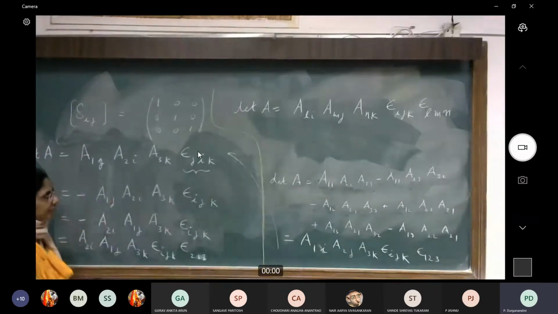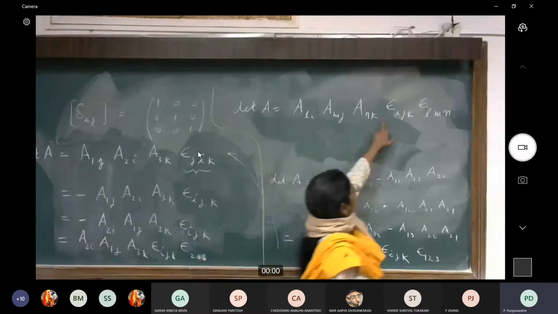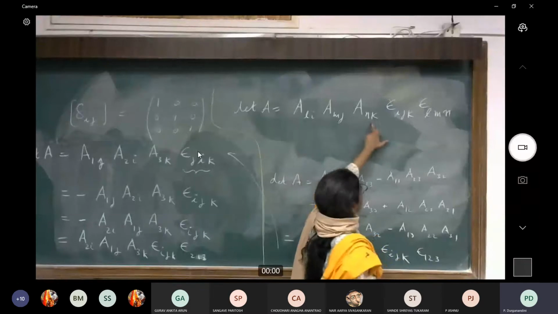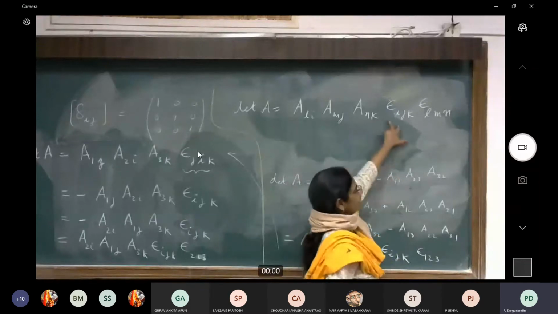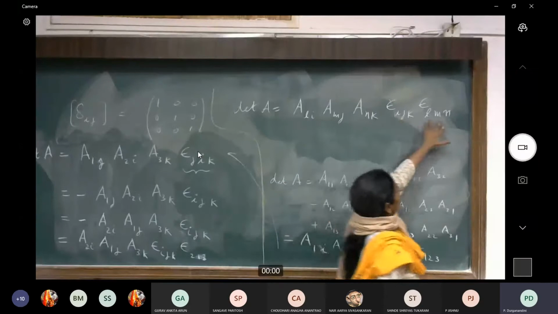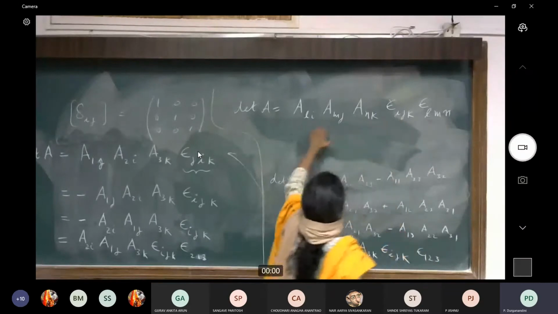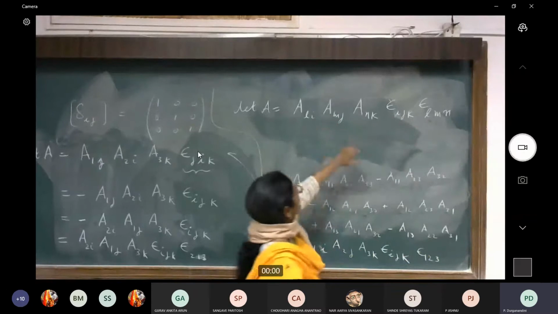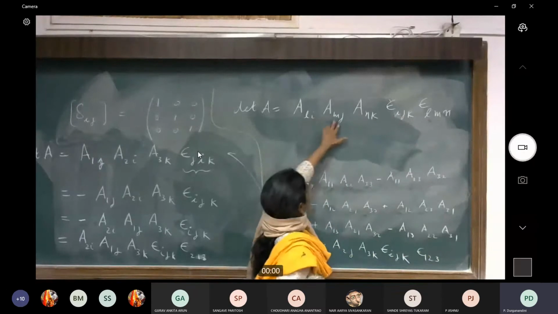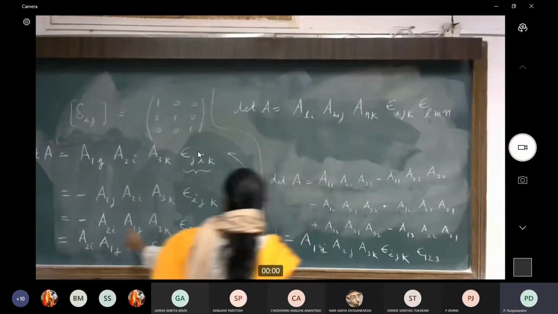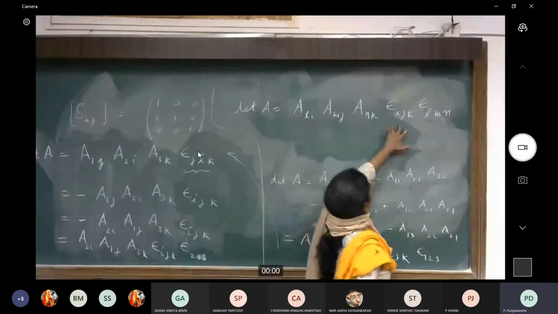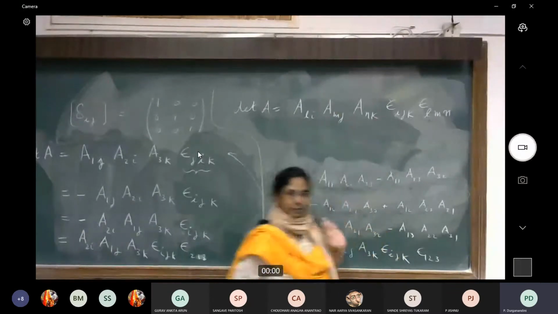Okay. So what this epsilon ijk will ensure is that the second subscripts in each of these A's are different, because otherwise you will get identically 0. This second epsilon will ensure that the first subscripts L, M, N are different, otherwise this expression will become 0. And further, if I permute the first two indices, then I will get a minus sign, as I should get here. If I make an odd permutation in the second indices, then again I will get a minus sign. Okay.